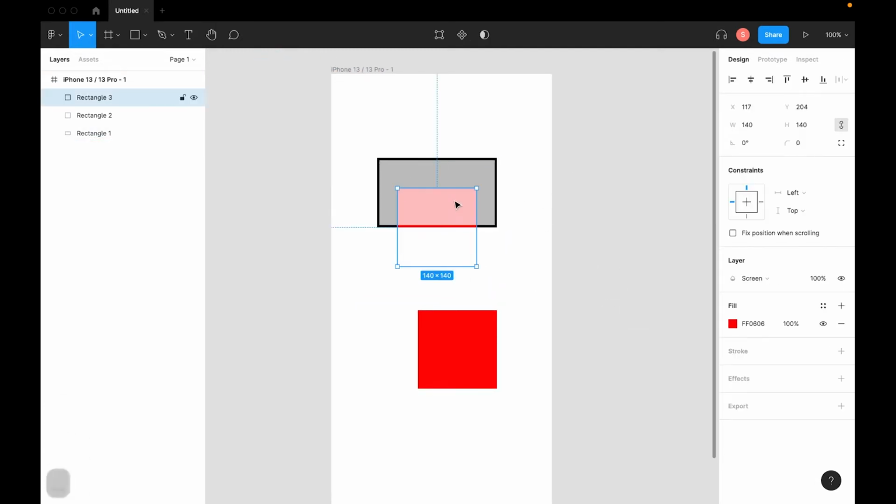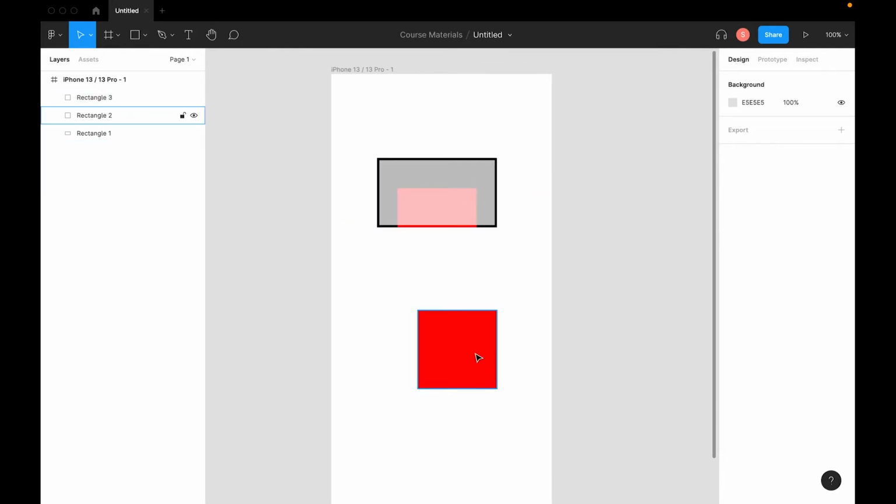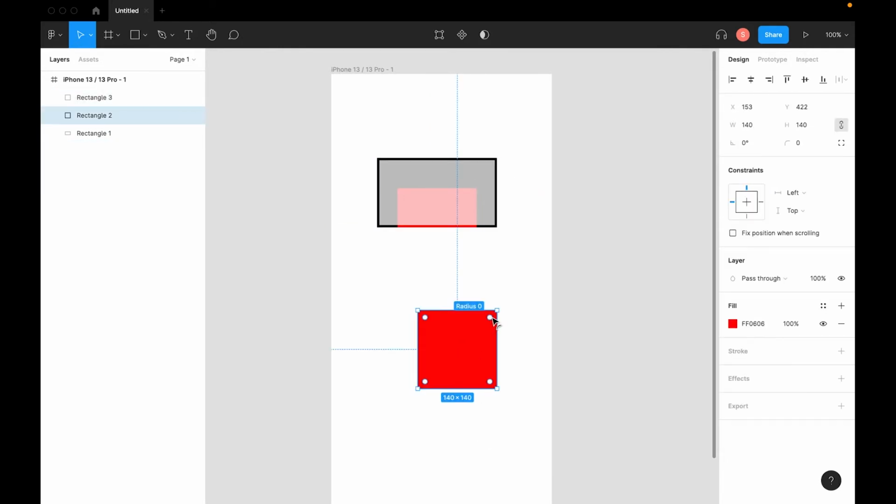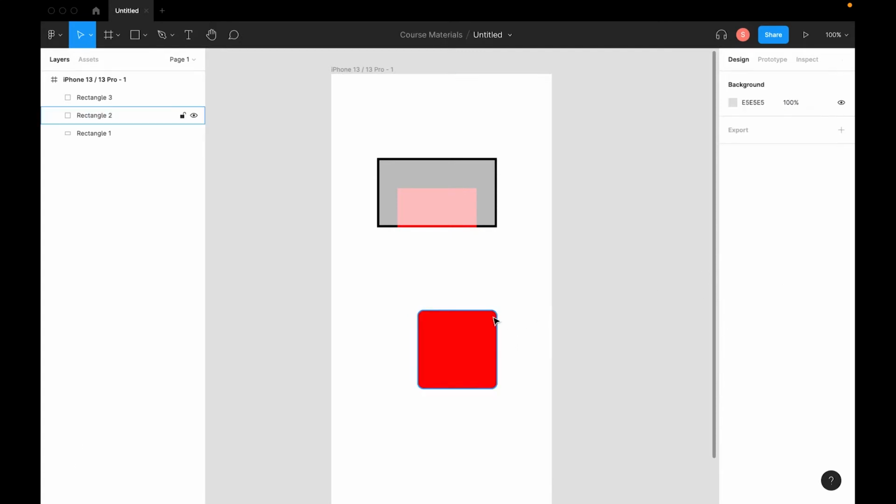So it's pretty straightforward. One other thing to talk about is if you want to round the corners out, you could click and drag and pull them here, and it's telling you the radius. You could also just go into this panel right here, and let's say you knew you needed 10 for that value. You could just